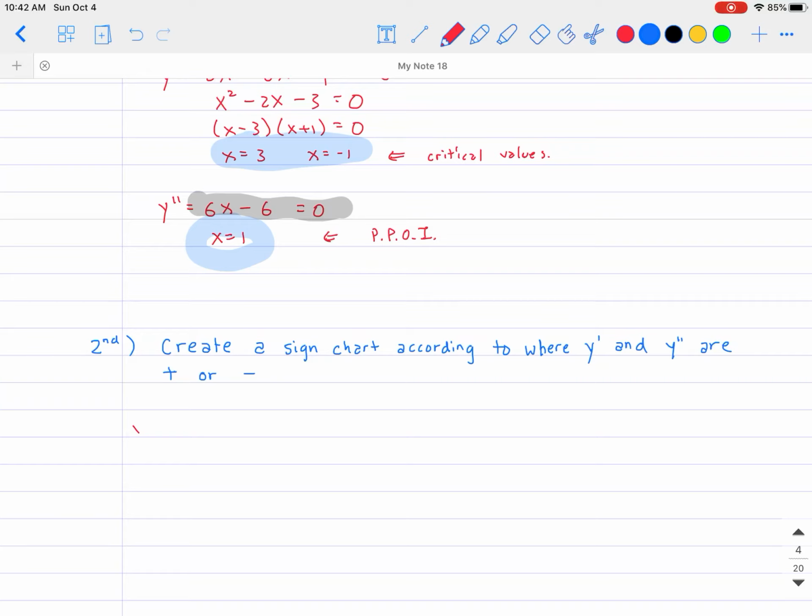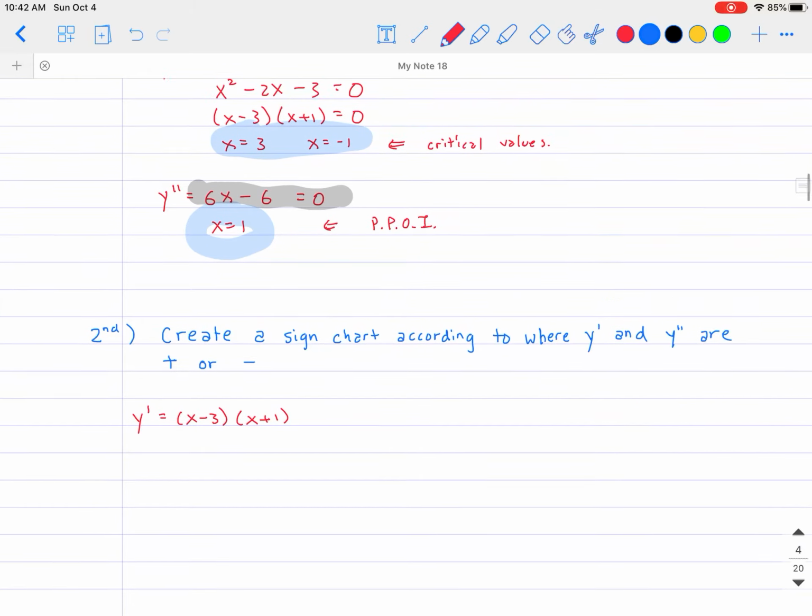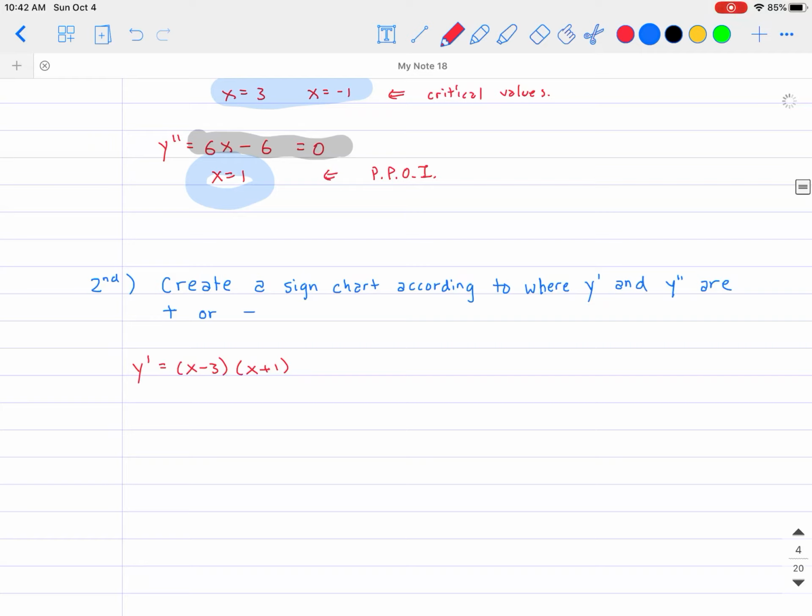the second derivative. Okay, so here in the first case, if you recall, y prime is equal to (x minus 3) multiplied by (x plus 1). The critical values are at 3 and negative 1. So here, I am going to draw a chart for it. So here, let's have negative 3. And then, oops, sorry, not negative 3. It's going to be positive 3. So let me go ahead and get rid of this guy right here and put in actually negative 1 and also positive 3. Okay,